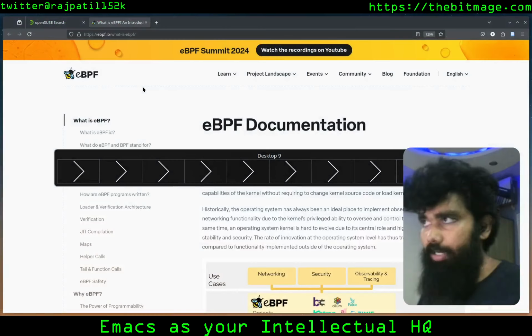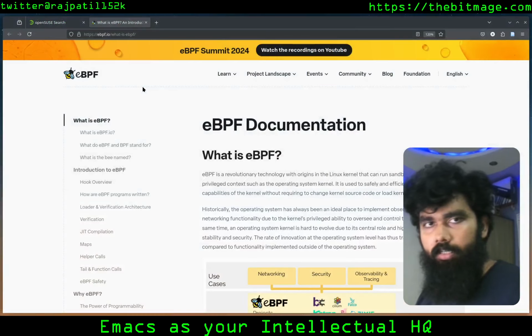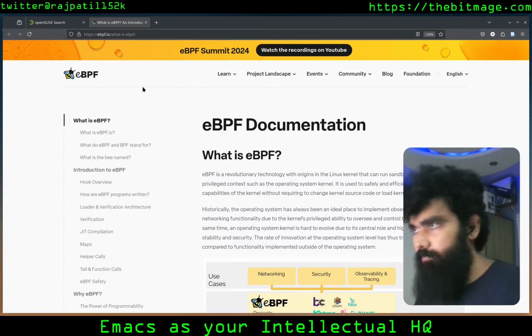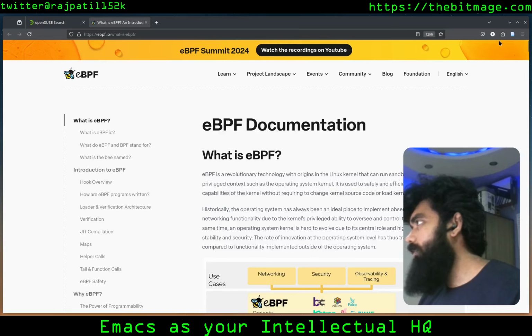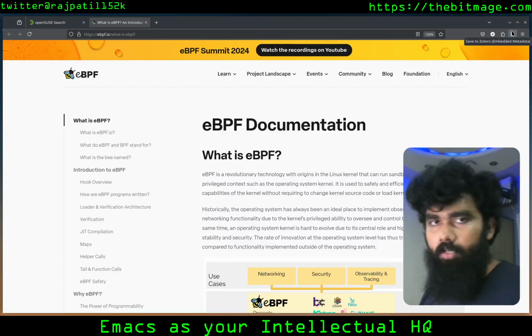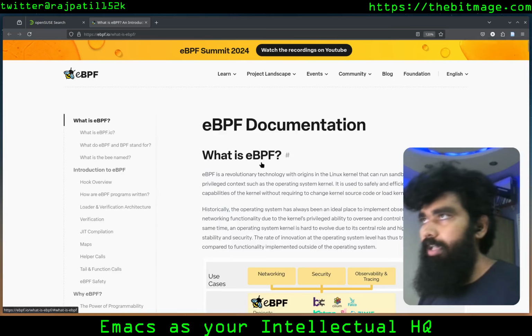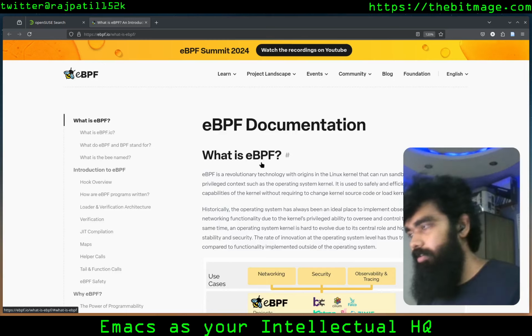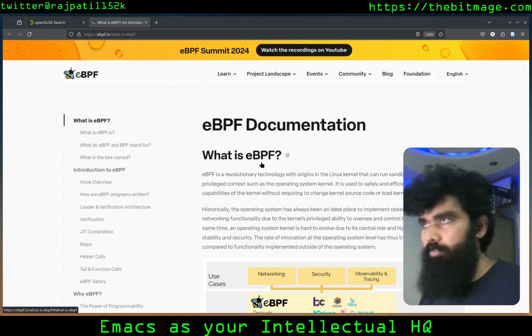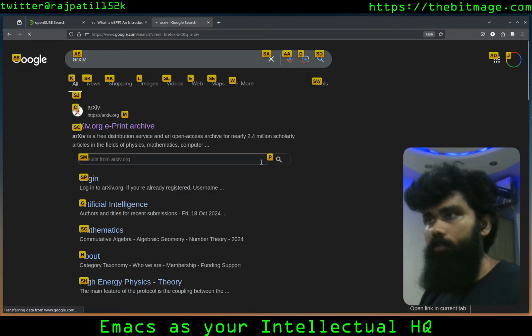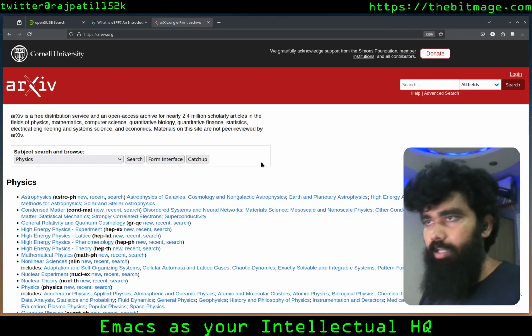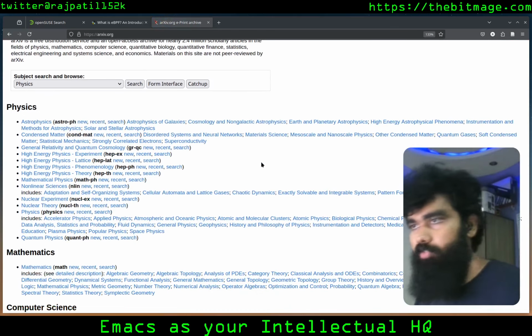And I wanted to talk a little bit more about Firefox. There's also an extension, I think it's called Zotero Connector or something like that. It is the official Zotero extension that I use to save stuff to Zotero. So let's say, for example, I want to save a particular document to Zotero. I'm just going to go to arXiv, enter arXiv, and pick a paper and actually save it.